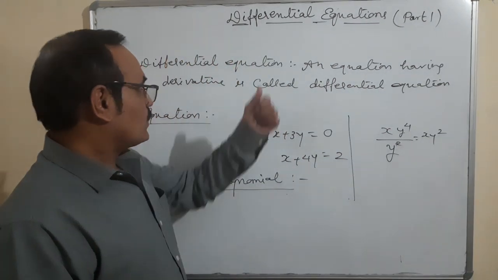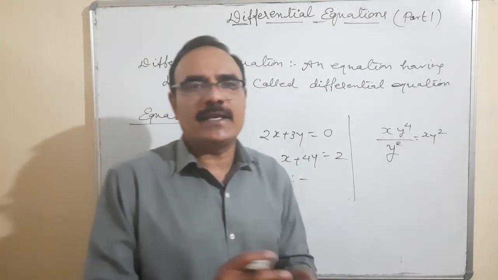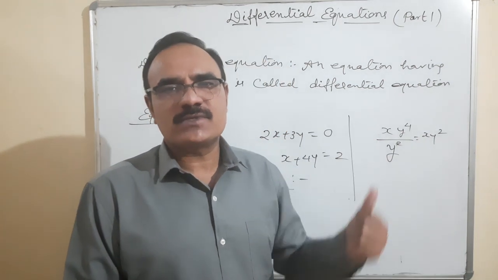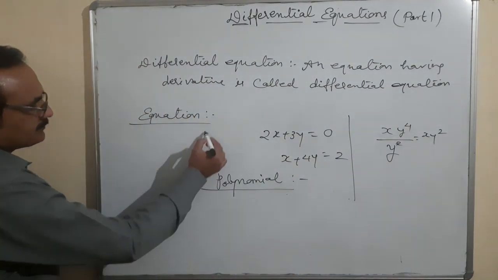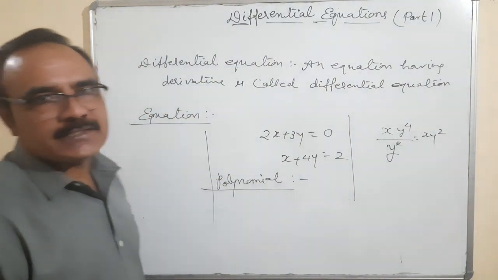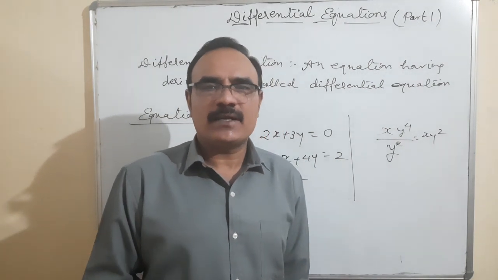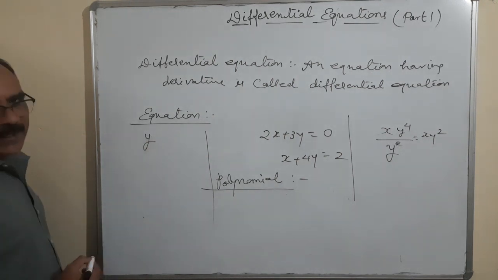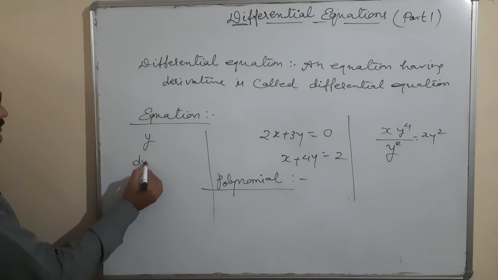So now we'll understand one thing: the differential equation is also an equation having derivatives. In place of variables, here the terms are in the form of derivatives. What are the derivatives? There are two variables, x and y. Generally we will take x and y as two variables. X is the independent variable and y is the dependent variable. If we are going to differentiate this term, then what we have to write here is dy by dx.